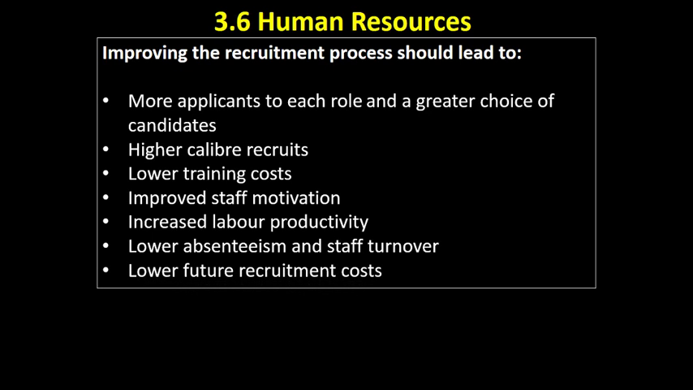Ultimately, in the long run, we're going to cut future recruitment costs if we get it right first time. If we appoint the right people with the right skills for the right jobs that we need, then ultimately we'll have fewer people leaving and we can save money in the long run. So recruitment, really important part of the human resource flow, getting the right people